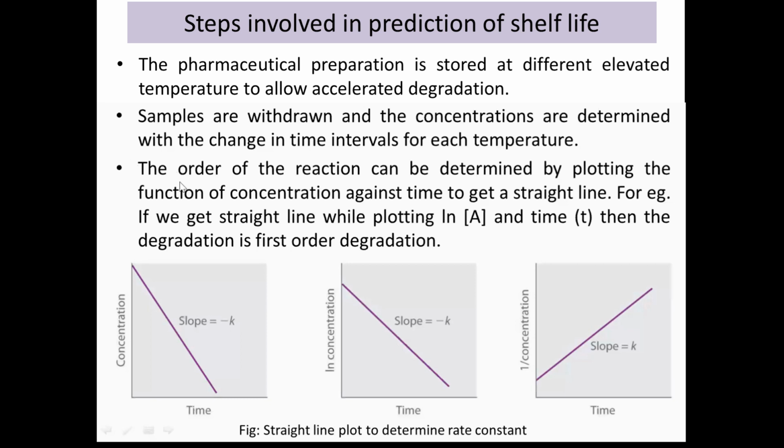And after calculating, the order of reaction can be determined by plotting the function of concentration against time to get the straight line. For example, if you get the straight line while plotting ln a and time t, then the degradation is first